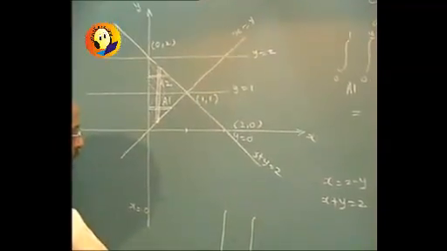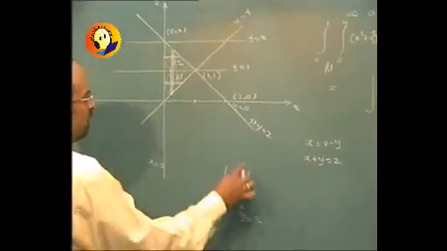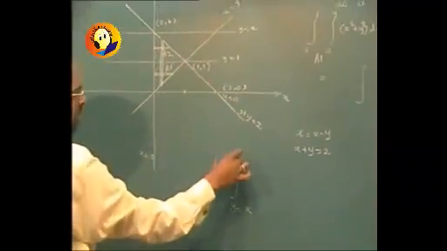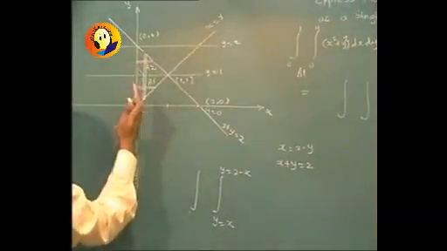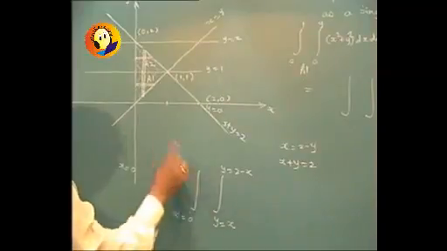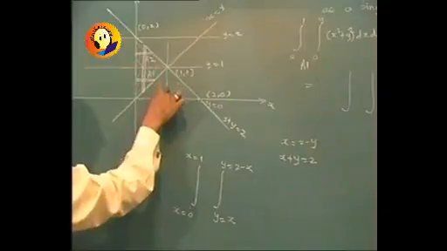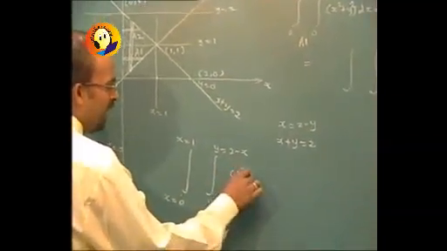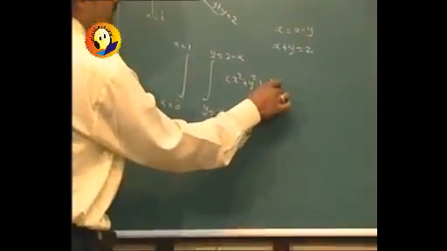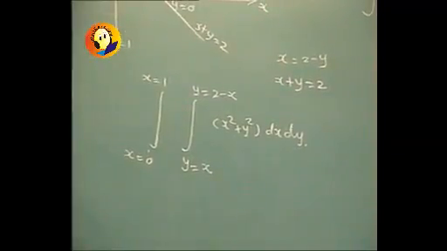On a strip, y varies from y on this particular line, so that is y equal to x, to y from this equation of line, that is y equal to 2 minus x, and such strips are taken from the leftmost at x equal to 0 and the rightmost at x equal to 1. This is that x equal to 1 line. And the function to be integrated is x square plus y square dx dy. So the first part of the solution will be over, that is, express it as a single integral, single term,